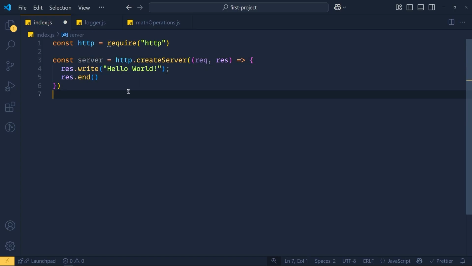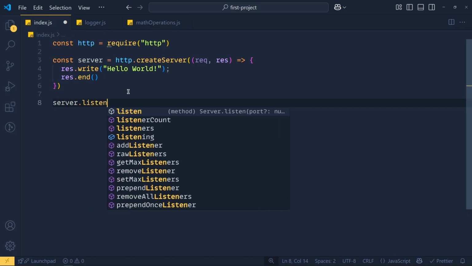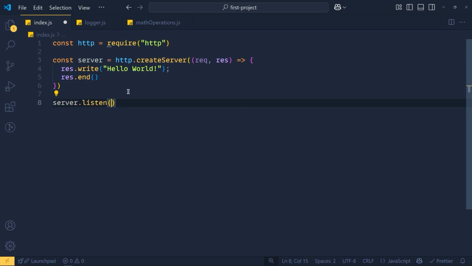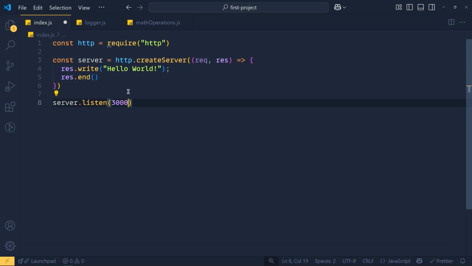And after this at the bottom we write server.listen and in this function we will pass the port on which we want to start this server. Many developers like to run servers on 5000 or 3000, but you can give any port, just make sure that port is not used in your system. Here I like to use 3000. In the real world, when we deploy our server, then this port will be replaced by our backend domain name like cartwish.com